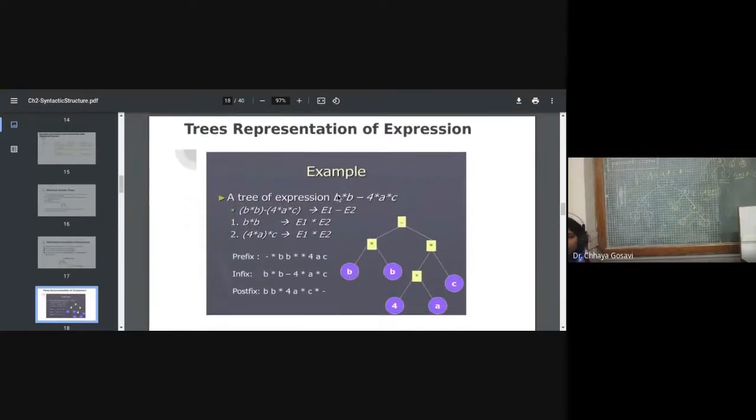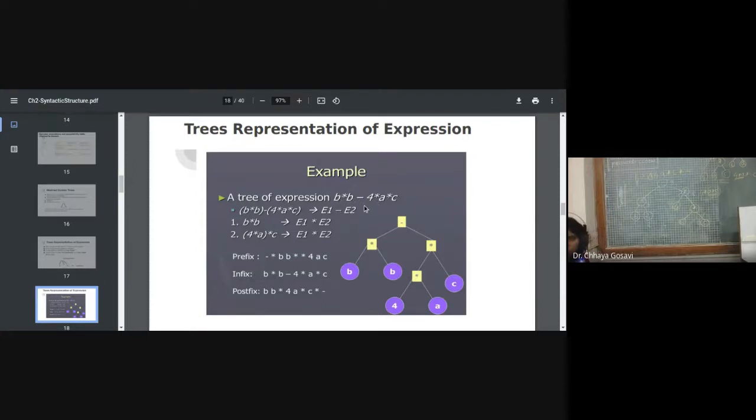So this is the actual expression, b square minus 4ac. Instead of b square, they have used b into b. So b into b minus 4ac is our expression, e1 minus e2. We are looking at e1, which is b into b, and e2, 4 into a into c. These are two expressions with a minus sign. E1 is b into b.